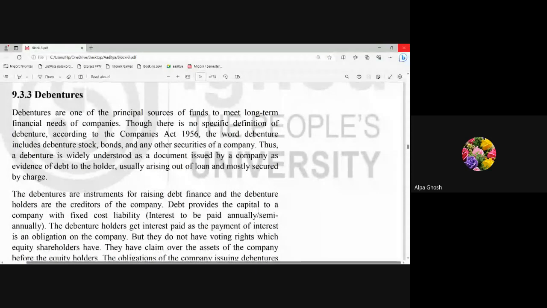Debentures: when the company issues debentures, debenture is also a type of loan, but when the company seeks money through the issue of debentures, it means that the company assigns their fixed asset equal to the value of debentures issued. Suppose you want to raise money of rupees 5 lakhs from the market, so you have to assign an asset whose value is of rupees 5 lakhs, so that in case the company is not able to pay back the amount to the investors, the asset can be realized and then it can be used for the payment.